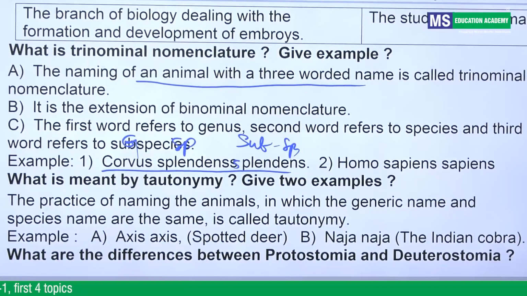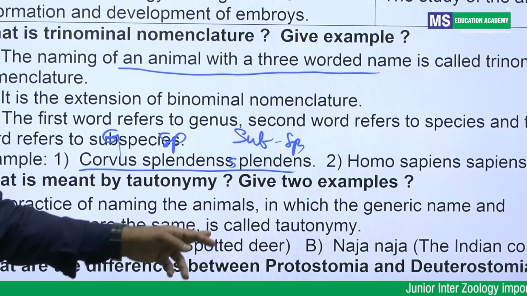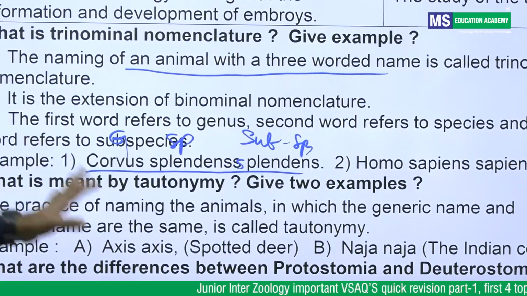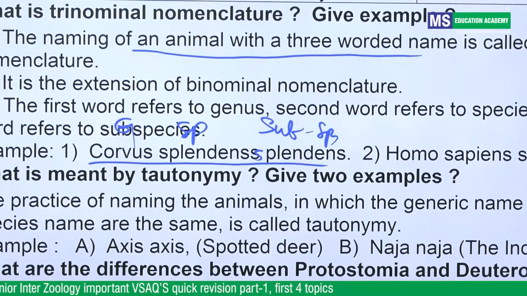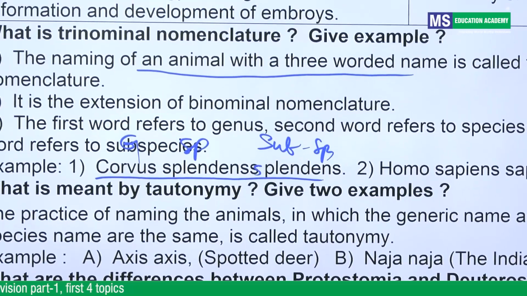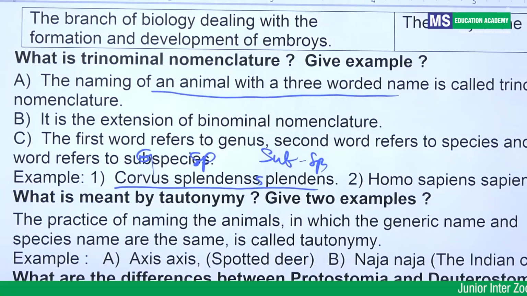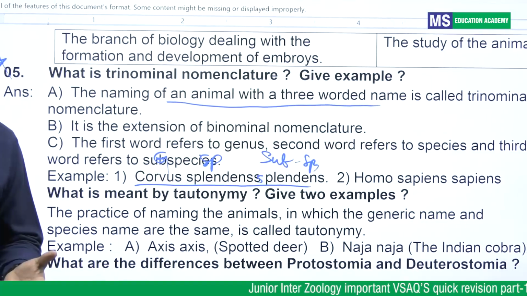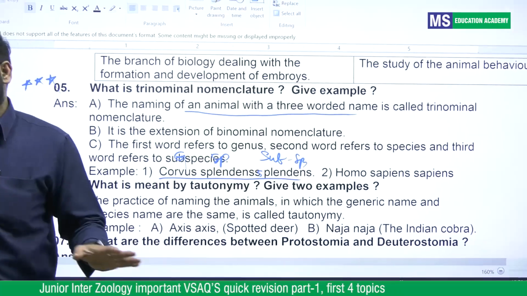Very important. If you are not following these conditions, you will lose your mark, students. You are writing the total correct answer, but you are not following the conditions of naming the animal. You will lose your mark. With our experience, what we have seen in the internal exams and previous students, where they have made mistakes, we are presenting all these in front of you so that you don't make these mistakes.